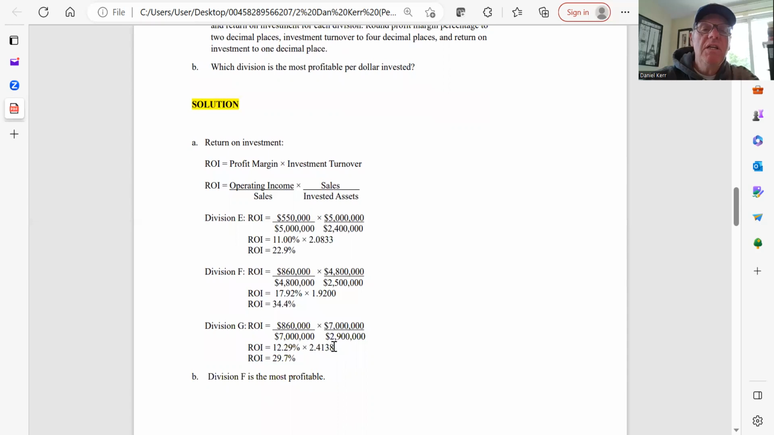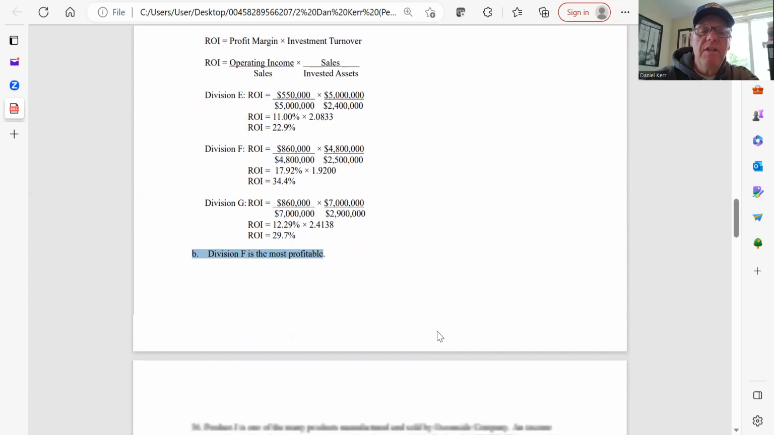And Division G, operating income divided by sales, 860 divided by 7 million, and then investment turnover, sales divided by invested assets. So they've got a profit margin of 12.29 and a turnover of 2.4138. The one with the highest ROI, the most profitable, is F. It's got 34.4, which is definitely the most